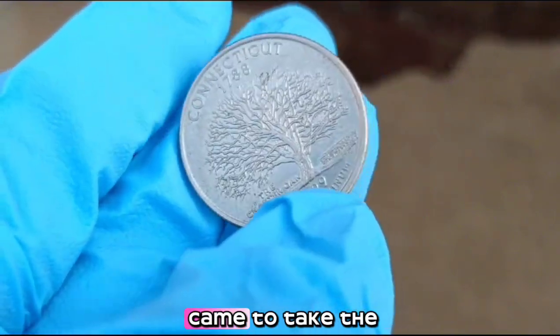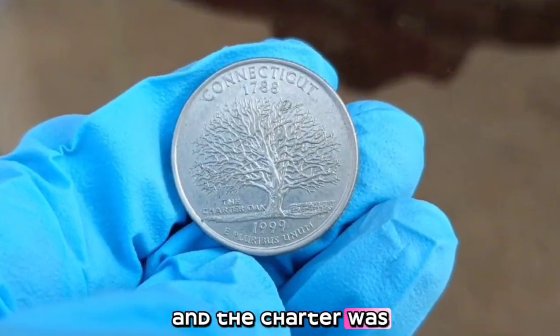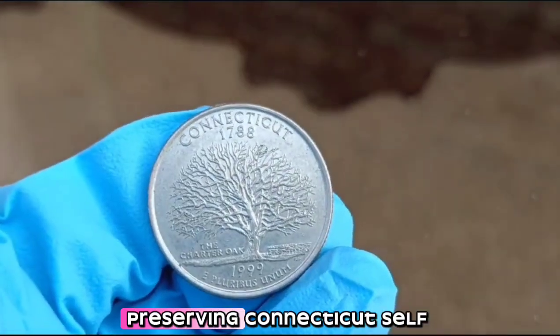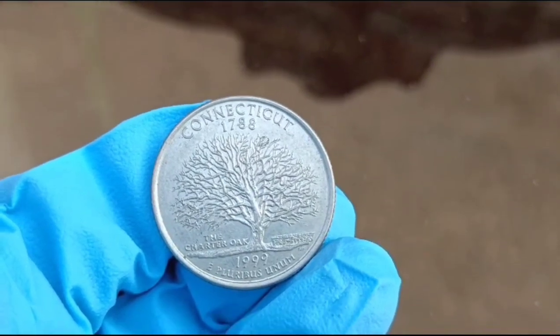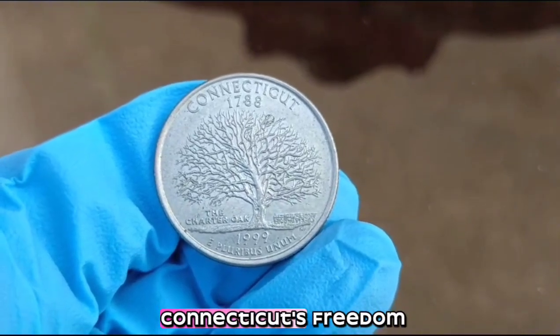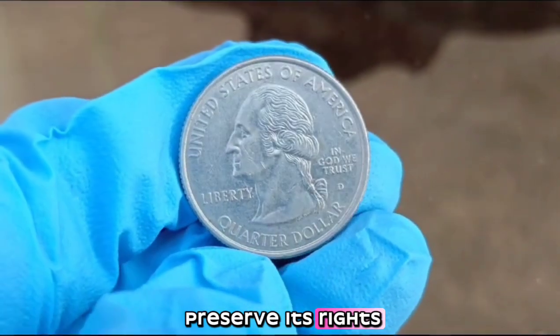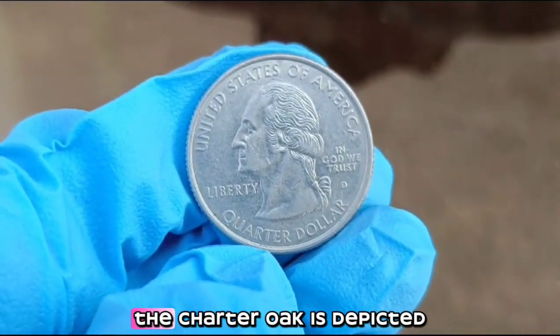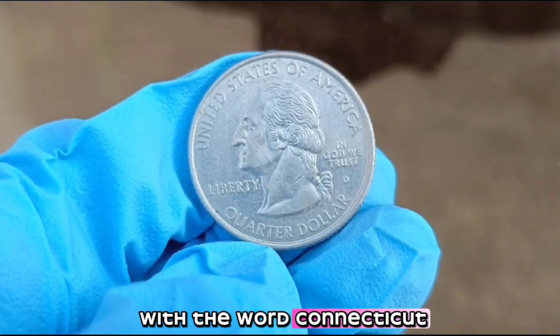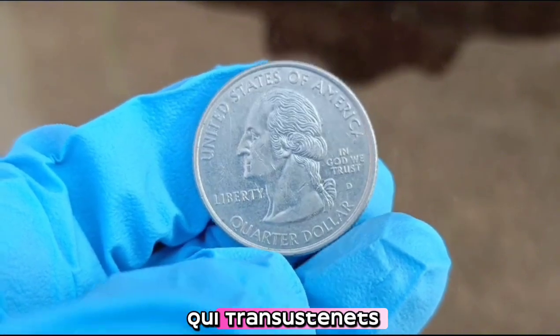When the governor's men came to take the charter, it is said that a storm blew in, and the charter was hidden inside the tree, preserving Connecticut's self-governance. This dramatic story led to the Charter Oak becoming a symbol of Connecticut's freedom and its determination to preserve its rights. In the quarter design, the Charter Oak is depicted with the word Connecticut and the state motto, Qui Transtulit Sustinet,